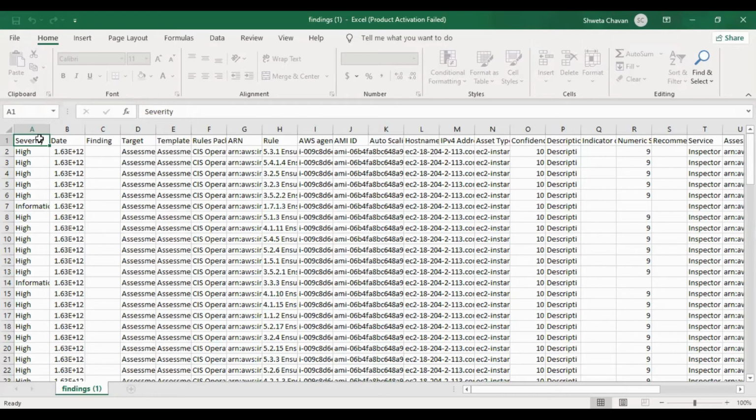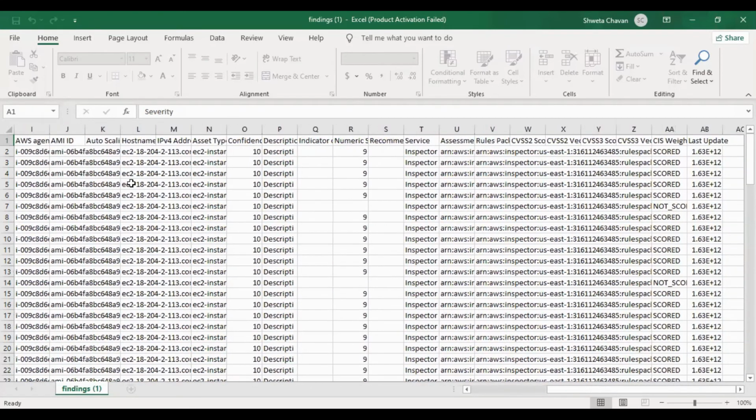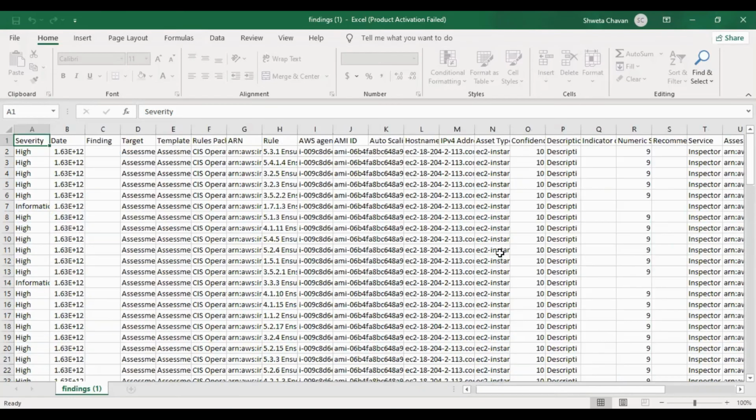There are different columns: severity, target, template, rule, AWS agent, auto scaling ID, hostname, then rule packages, IDs, and CIS weight, that is scored or not scored. Last updated is shown. This is how the Excel sheet looks, and this is how the findings are given.